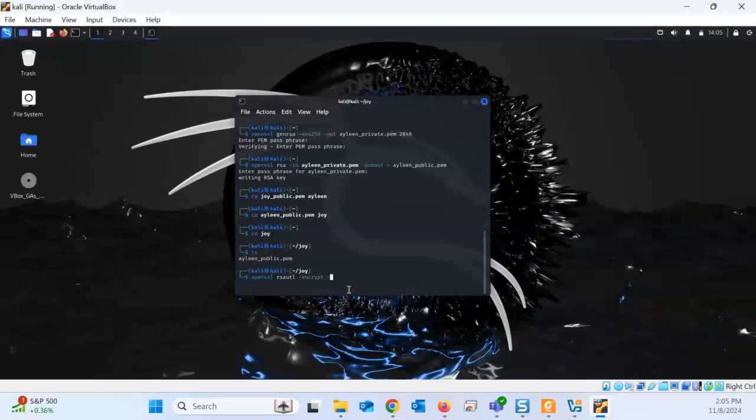So minus inkey is also what? Minus inkey is not the text, the key that you wanted to give, which was Alien's public key that you have already copied. So alien underscore public dot PEM minus pubin